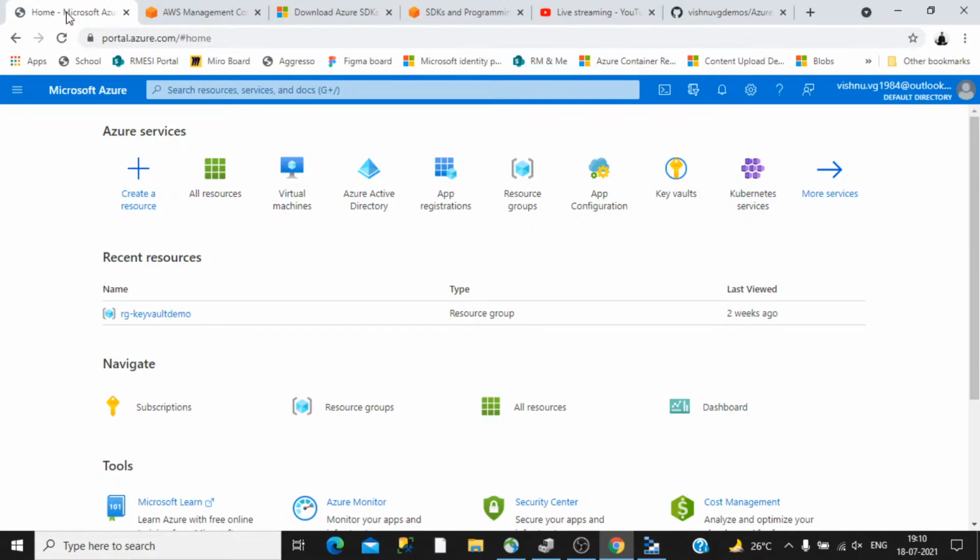So let's first understand what cloud computing is and why organizations are moving towards cloud computing. Maybe you are familiar with the earlier way of developing, in which infrastructure is spun up in an on-premise environment, and spinning up infrastructure in an on-premise environment costs a lot of money for the organization.